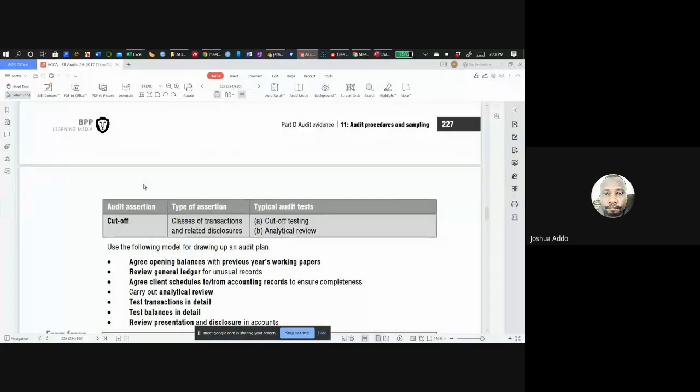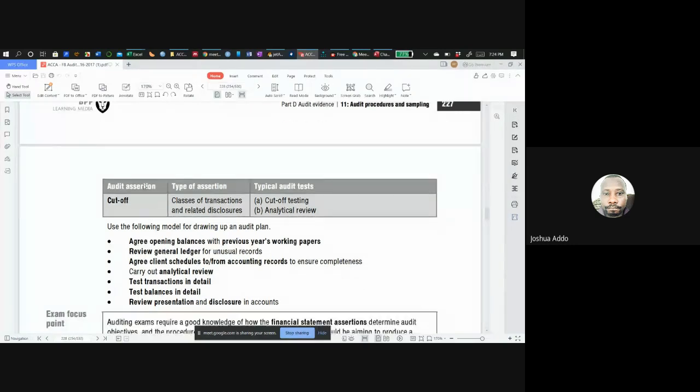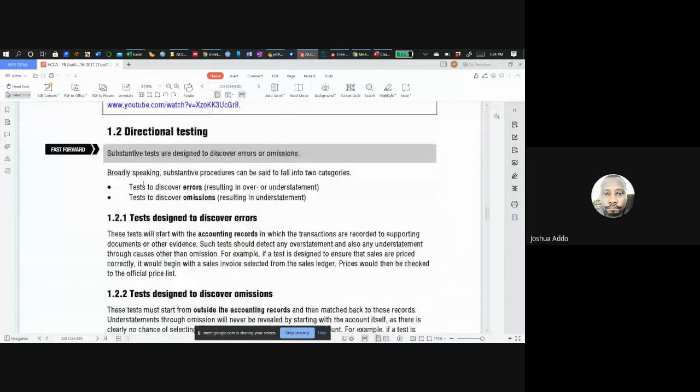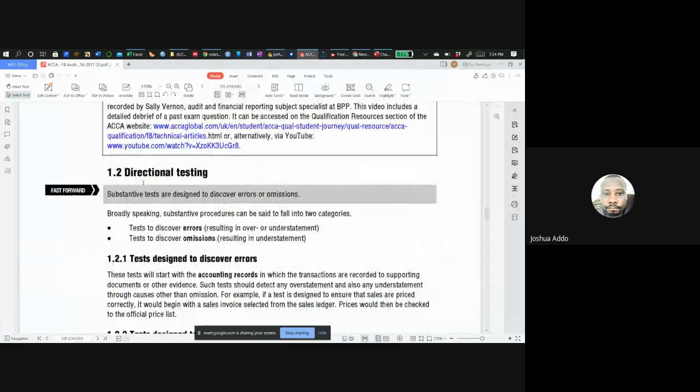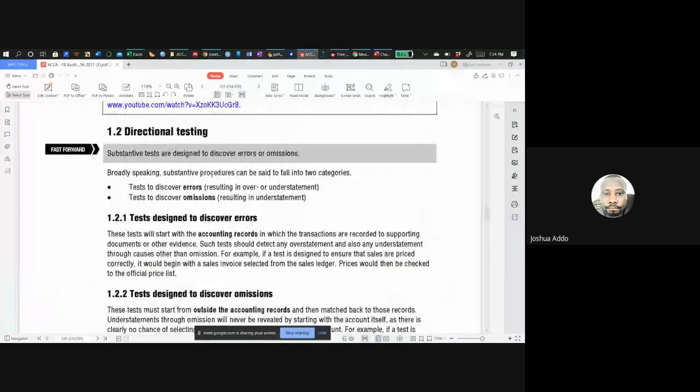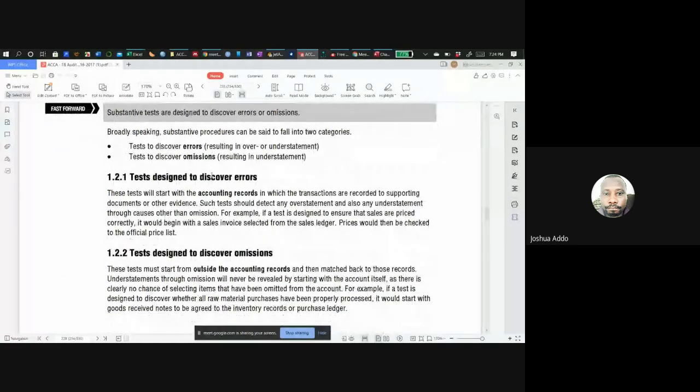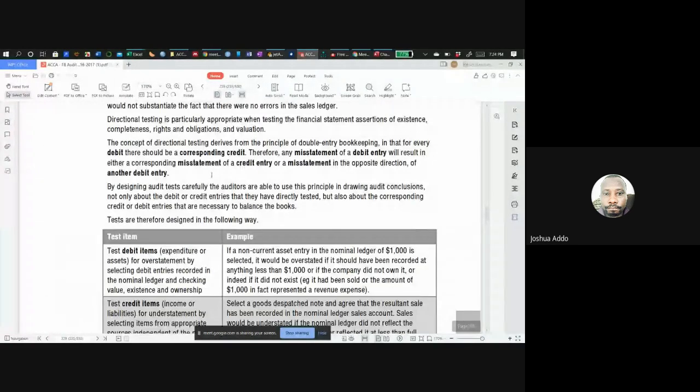And that's a simple business the auditor will do. So from this angle, I believe that everybody can even read the remaining of the text and understand it. But let's do it together. As for directional testing, tests designed to discover errors, tests designed to cover omissions, I want you to read